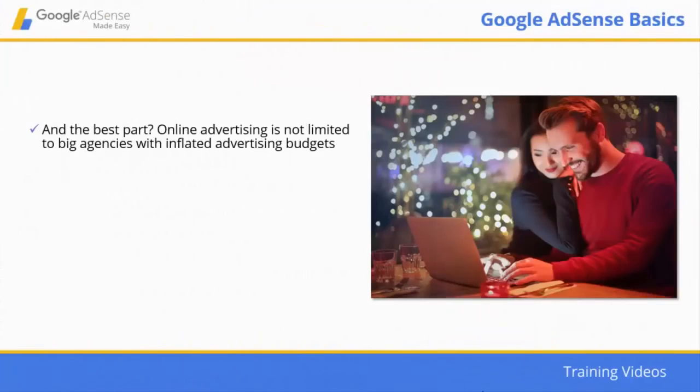Online advertising is not limited to big agencies with inflated advertising budgets. You don't have to produce expensive materials or go through a lot of paperwork. You'll simply have to have an engaging message, a target audience, and a killer product or service to promote. And that is why online advertising has vastly surpassed offline advertising, because there are more people paying for online ads